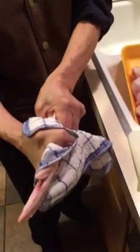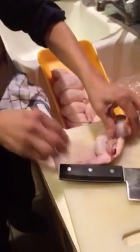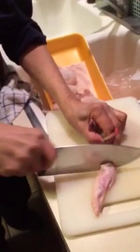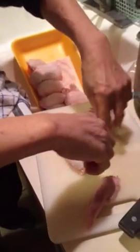Okay? So you grab that, use a handkerchief, you twist, and pop the bone out. That could be one section. You do the other two, and then you pull, twist, and you pull the chicken wing out. So that's two pieces. A couple of cuts. And two properly